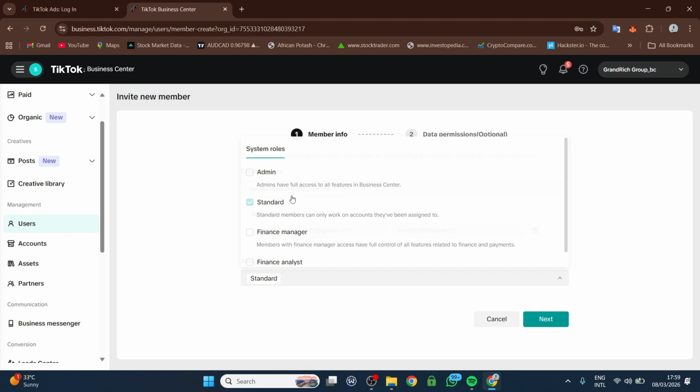So let's say you want an advertiser or maybe a digital marketer to run an ad for you, right? So all you have to do in that scenario, just leave it on this standard. So with this standard, the person can be able to run your TikTok account for you. So you don't have to give the person an admin role before the person will be able to run TikTok